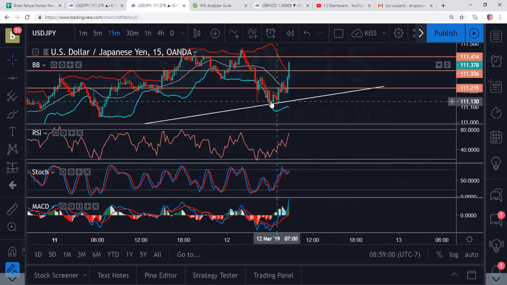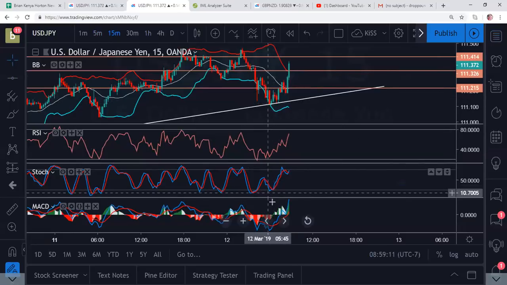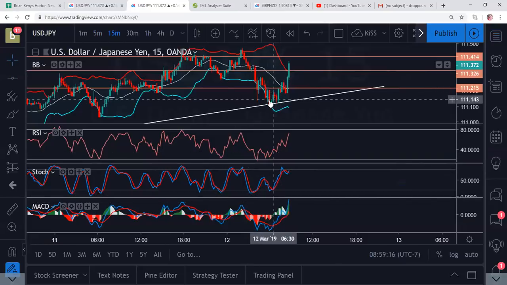So this would be an ideal area of entry if we were planning to go long. So we would need our confirmation on the Bollinger Band, which we had, our RSI, the stochastic, and right when that MACD crosses, your goal is to enter the trade. You want your entry to be 3 to 4 pips from this major reversal area. So if our lowest low is at